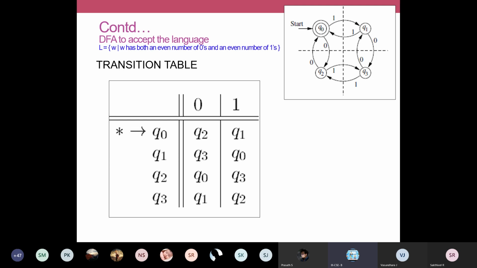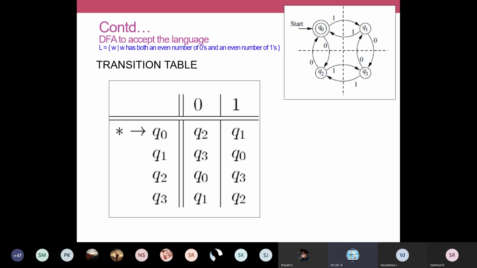The arrow denotes Q0 is the initial state, and the star denotes Q0 is also the accepting state. If your problem asks for an odd number of ones and an odd number of zeros, and I'm making Q3 the accepting state, at that time your star will come here for Q3. That is the only change you're going to make. Your accepting state decides which combination of strings you're going to accept.